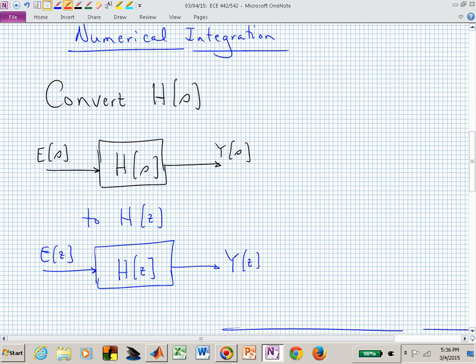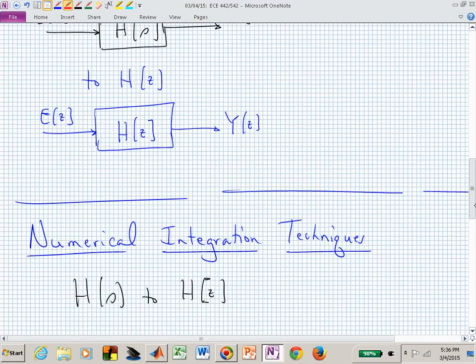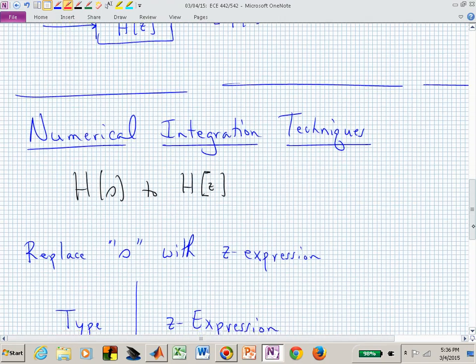And there are a couple of categories for doing this. There's numerical integration, and there's pole zero mapping. And I want you to be comfortable with all of those before exam number 2. We started with the numerical integration techniques,